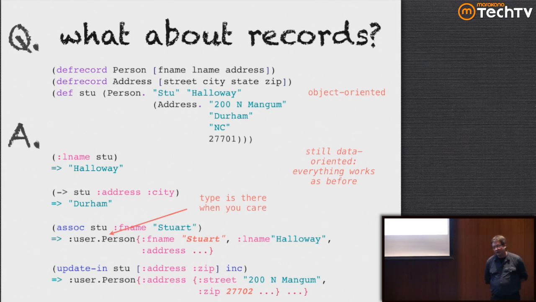So Clojure is a function-based language. Everything is a function. So the idea in Clojure is you have a collection of functions. You can also have namespaces. You can think of a namespace almost like a package. It's a named collection of functions. Within the namespace, you can actually have functions that are private to that namespace. If you do defn-, it's private just to that namespace. You can also have this thing called a protocol, which is very much like an interface.